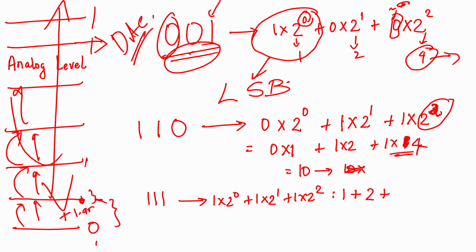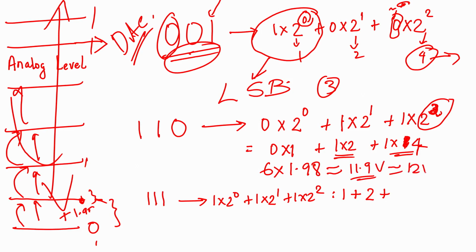So that was a mistake, please ignore that. While I was trying to tell you about the 3 levels, this got messed up. So 0, 1, 2. So this is how much? 0 plus 2 plus 4, that is 6, correct? 6 into the interval value 1.98, correct? Roughly it's around 11.9 or 12 volt. Let us say we take the maximum, though this should ideally correspond to 15 volt, right?